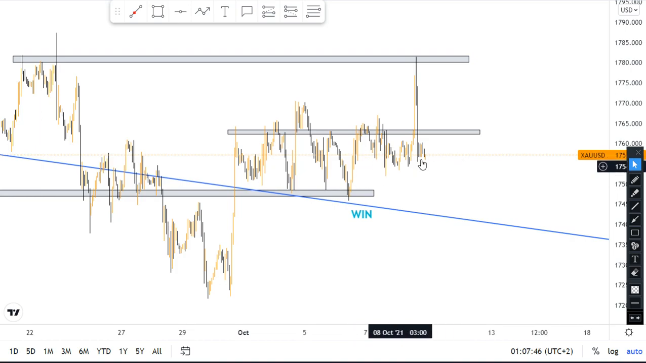So currently gold is here. We can't say much about it. We can just say it just got inside the box, and from here, most probably what we can see, we can maybe see a continuation, probably to the downside, and then from here we can be looking for buys, or rather, because